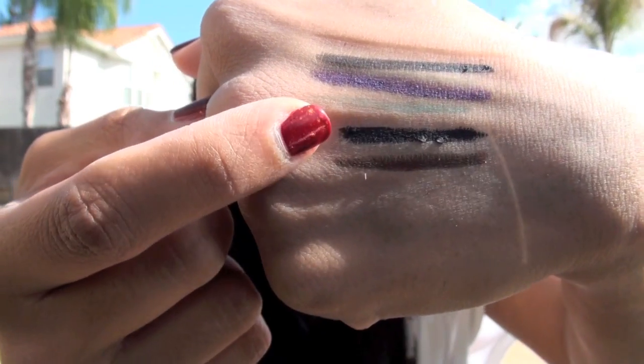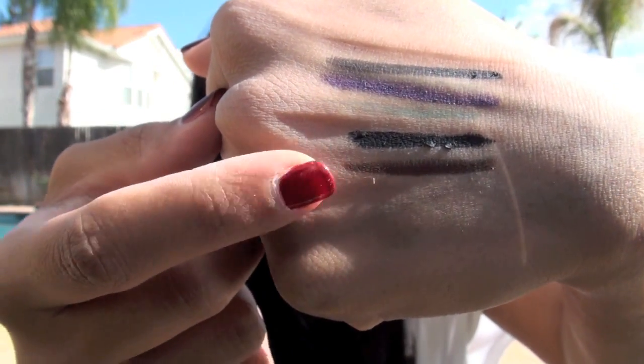So there are swatches of those 2. This one here is the black, and this one here is the brown. One thing I do have to warn you guys about, as you can see, my black was a little bit clumpy, and that's because it melted a little bit because it's so incredibly hot out here. I'm kind of melting out here in the sun, but that's just something I want to warn you guys about